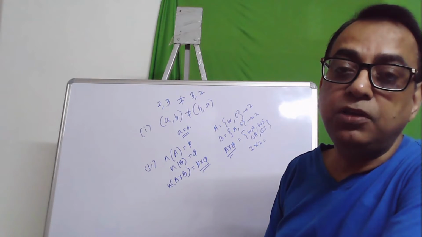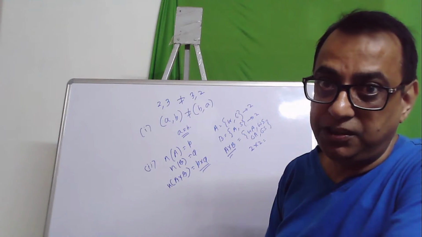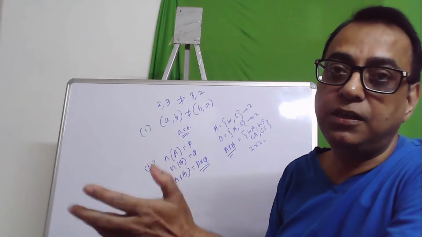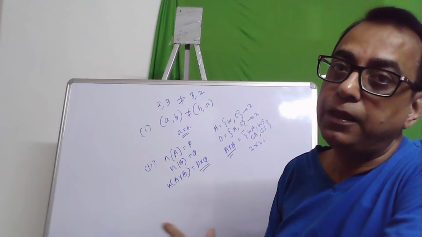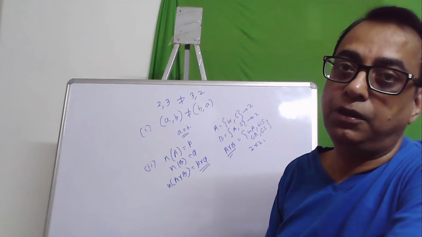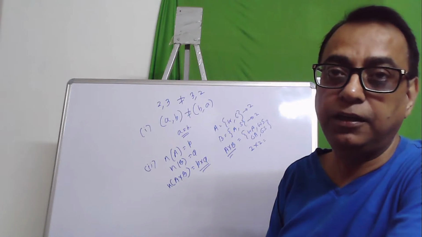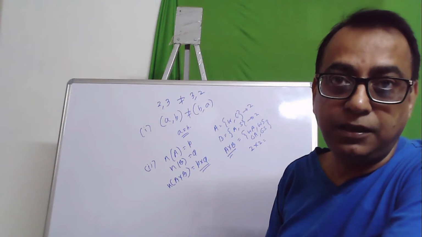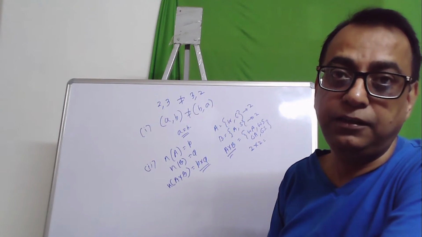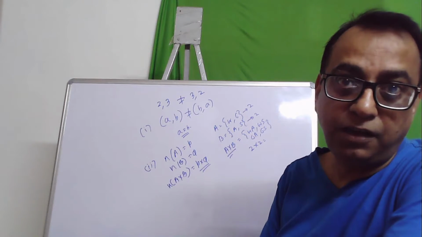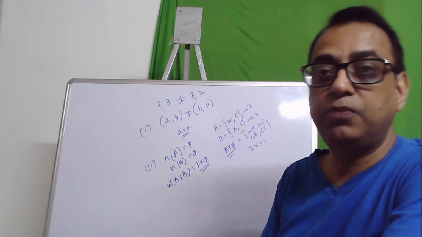It also implies that when one set is the empty set, that is the null set, and one set is a non-empty set, then the product of these sets will be a null set. That means there will not be any element in it. Similarly, if one set is a non-empty set and the other set is an infinite set, that means the number of elements is infinite, then the total number of elements in A cross B will also be infinite.